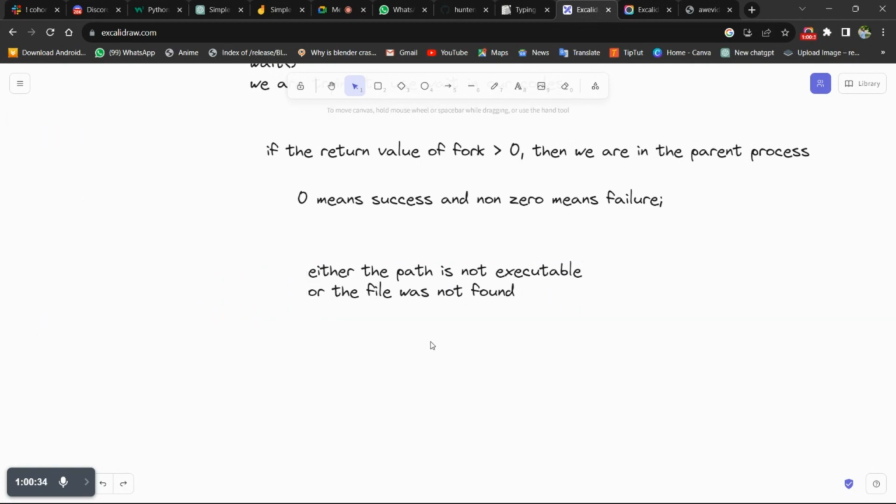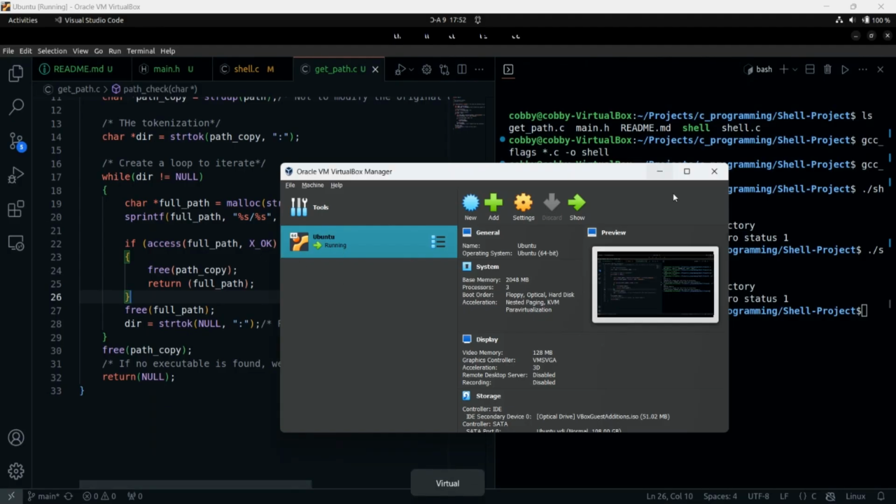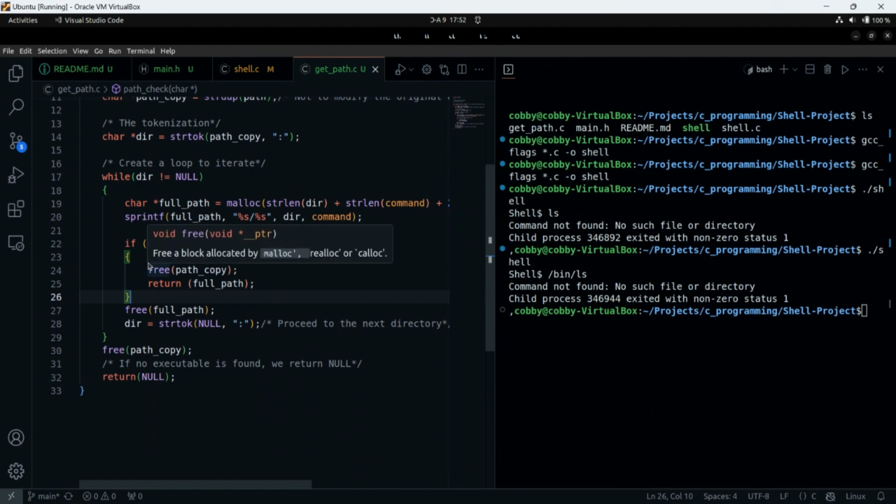So we want to confirm if we actually found our file. We want to print whatever is in full path, so that we can check if whatever is in full path is actually the path we are looking for.